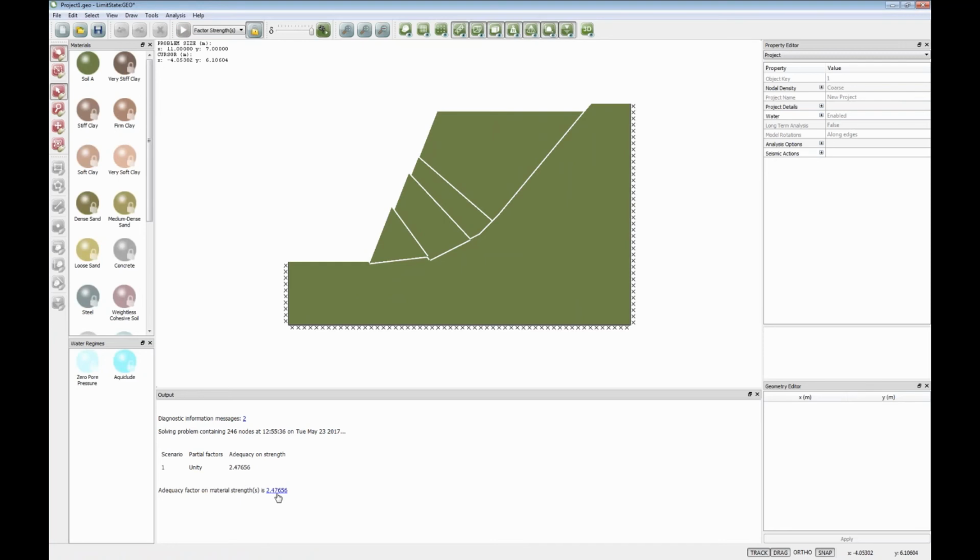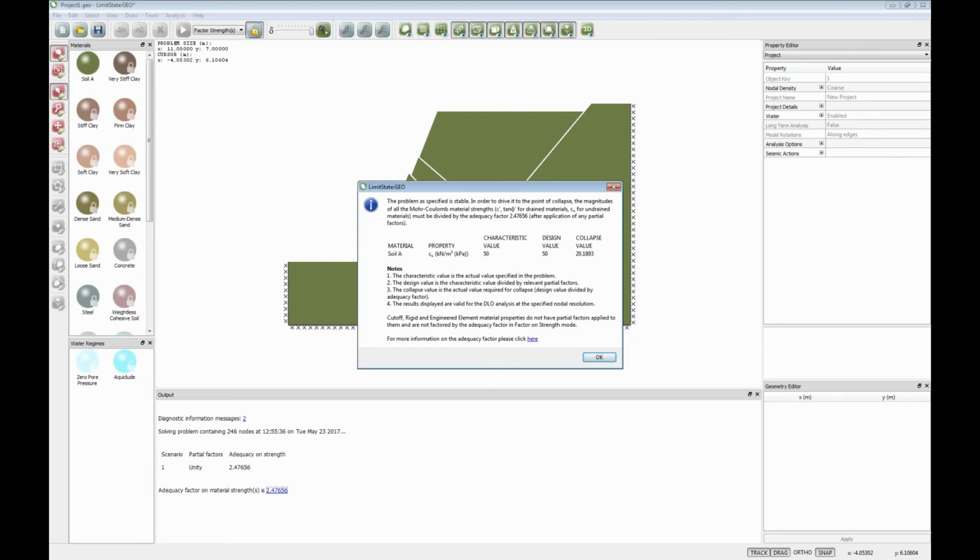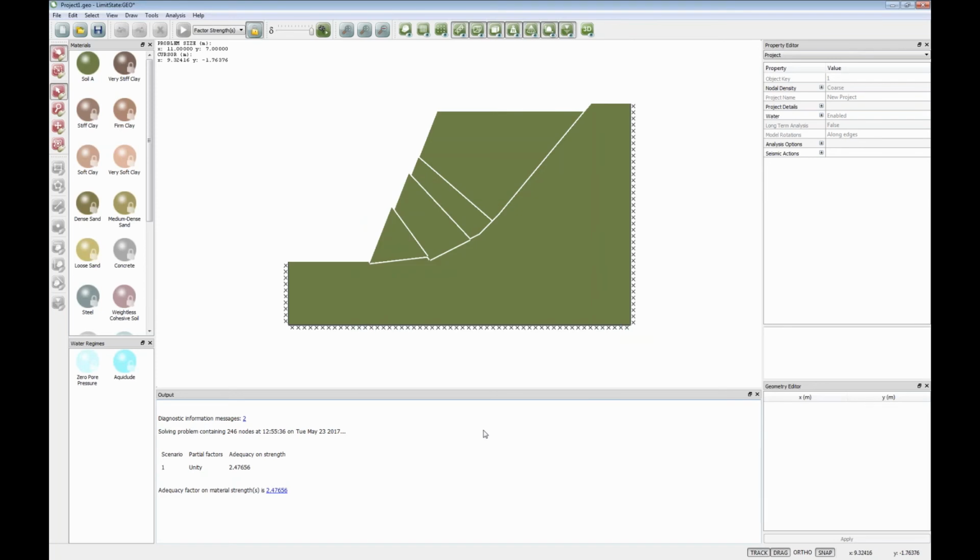So that basically means what I have to factor the strength down. And if I click on this here, it tells me what that means in detail. So it means that for soil A, the specified value is 50. After partial factors are applied, unit factors are applied, we have 50. But the value actually required for collapse is 20.18, and that's 50 divided by the 2.47. And so we can treat that adequacy factor really as a factor of safety on strength. So just to be clear, that the strength had to be reduced by roughly 2.5 to cause collapse,